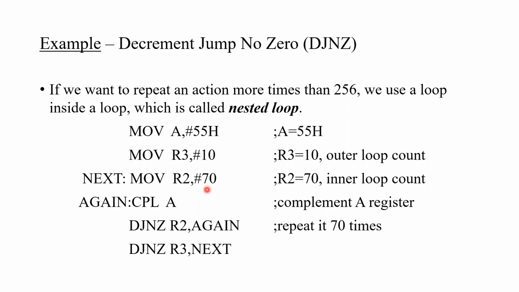So totally, how many times will this set of instructions be executed now? If you see this one, it is 700 times. 700 times this set of instructions will be executed. Because of the usage of the nested loop, I am setting 2 counters here and decrementing those counts. We made sure that the number of times the instruction needs to be executed has increased from 255 to around 700 times now.